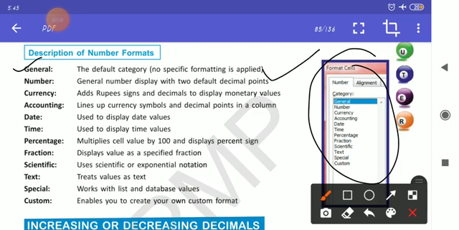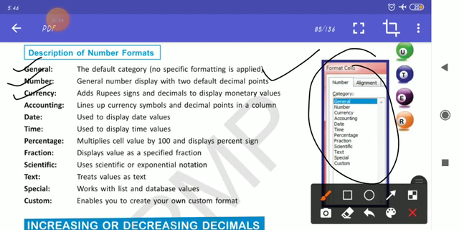There is no need of applying specific formatting. The Number format is a general number display with two default decimal points. If you apply number format, then by default there will be two decimal points.